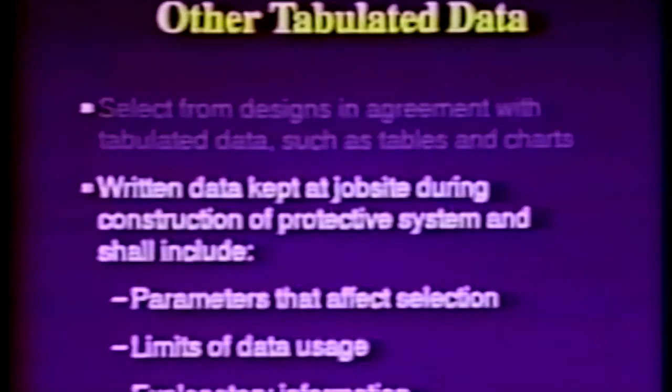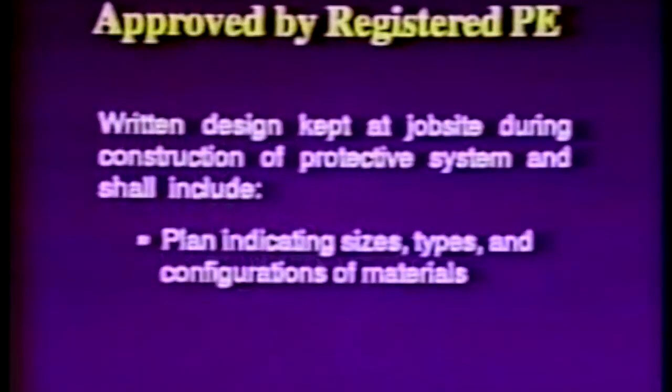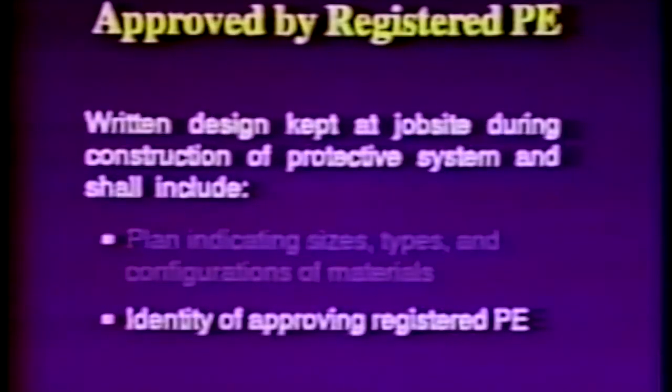shall include the parameters that affect system selection, the limits of data usage, and any explanatory information necessary to make the correct system selection. The fourth option is to use a design approved by a registered professional engineer. Such designs are to be written, kept at the job site during construction of the protective system, and include a plan indicating the size, types, and configuration of the materials to be used, and the identity of the approving registered